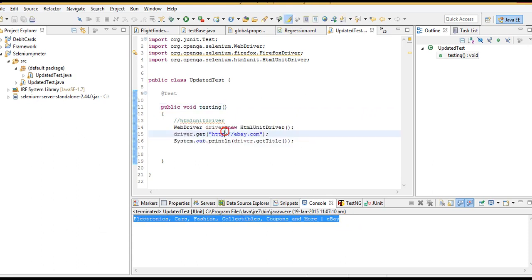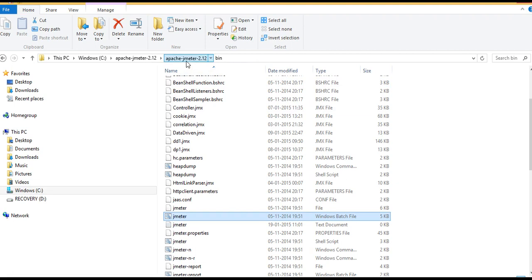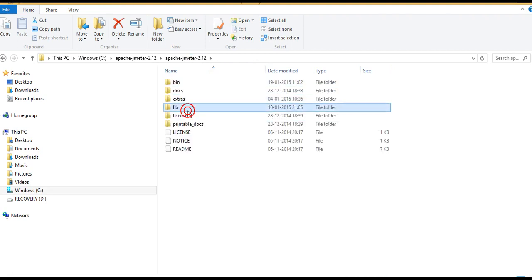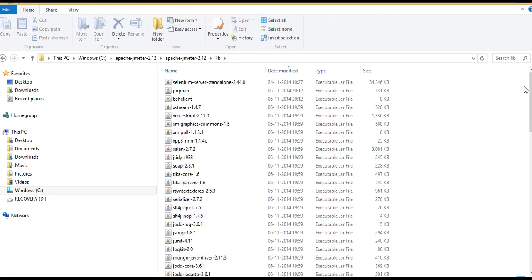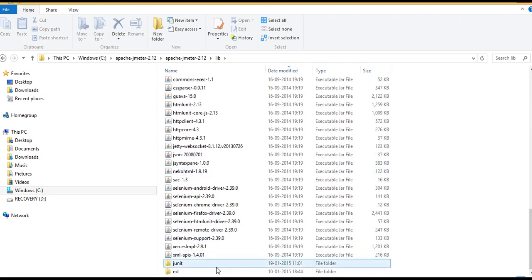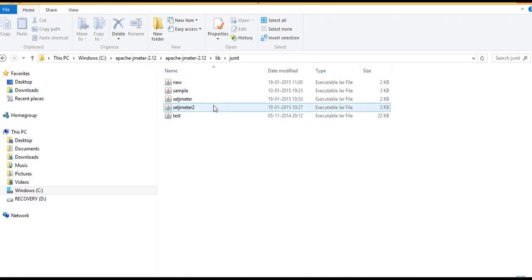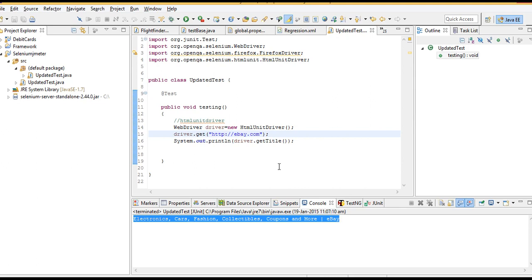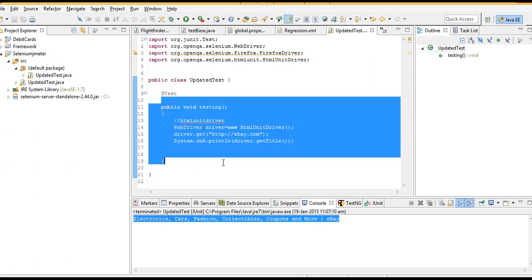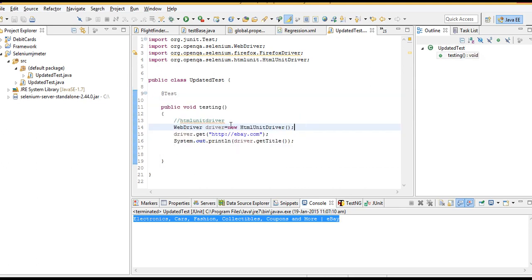Now go and export this as a jar and place it in the lib folder. In the lib folder, go to the JUnit folder, place your jar file here, open it in your Eclipse and run. Now the script will run without opening the browser.